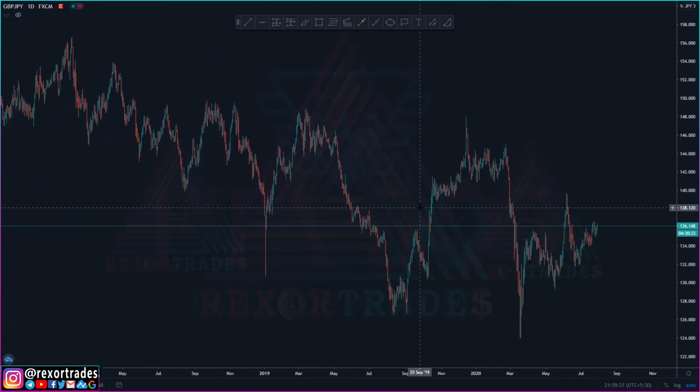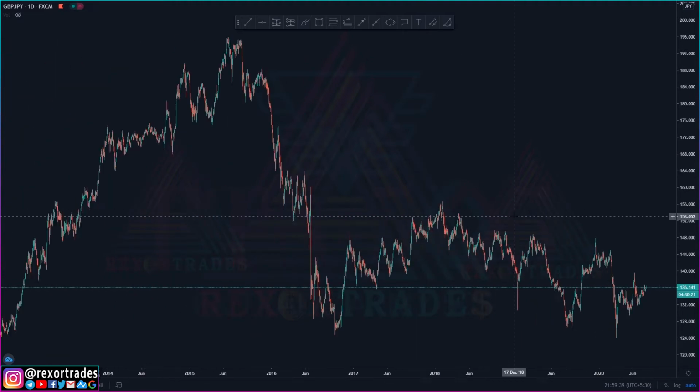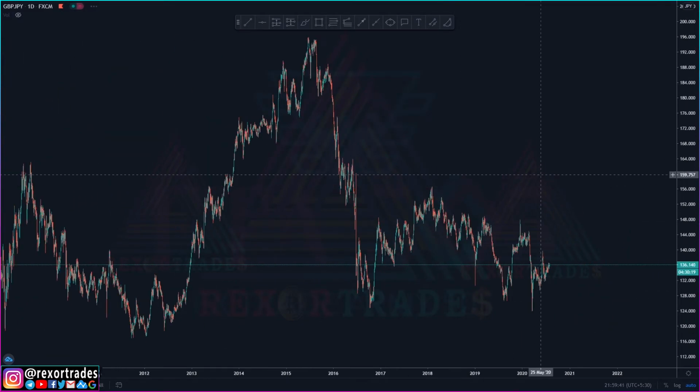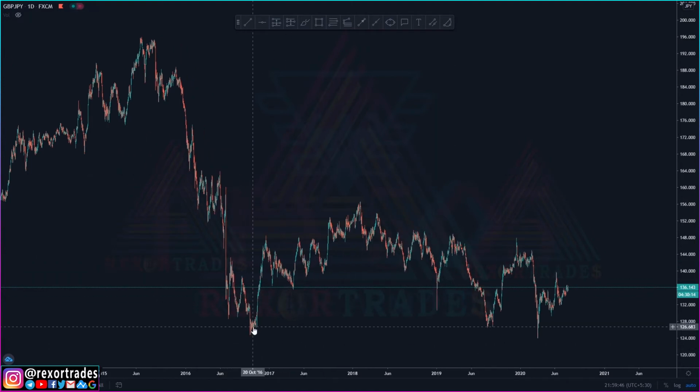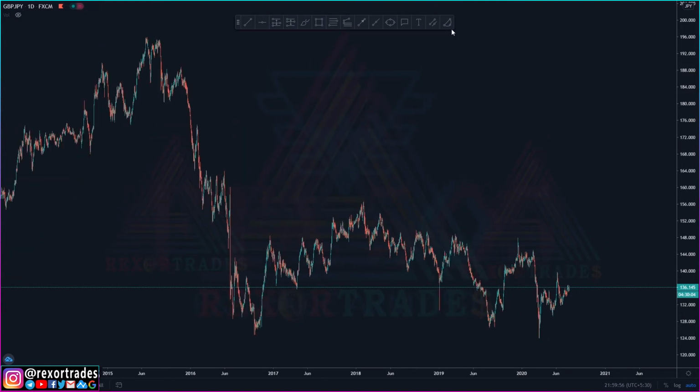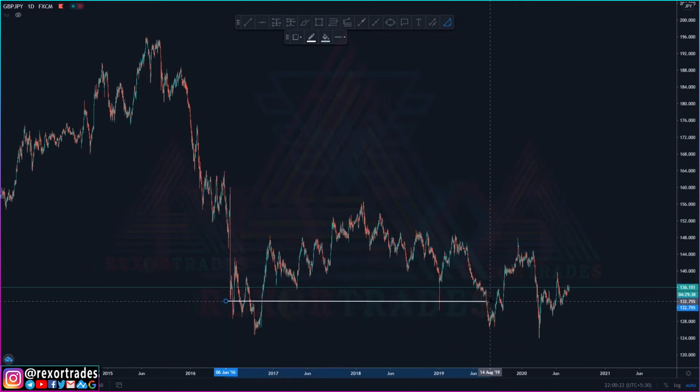Now heading back to the pound yen chart, we are in a higher one-day time frame, and when we zoom out we can see the price formed a beautiful curvature pattern from this point to this point, and then price went up in a proper trend channel this way, thus indicating an inverted cup and handle pattern is being formed. Now we're going to grab our arc tool from here, then draw a curve from this point to around here.